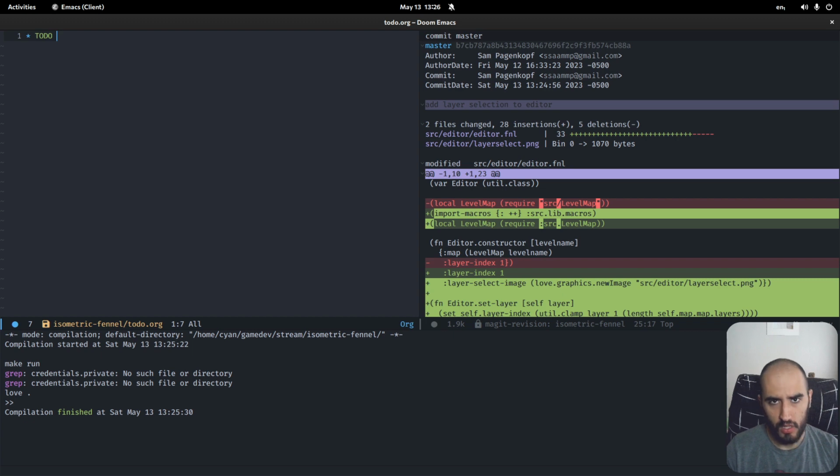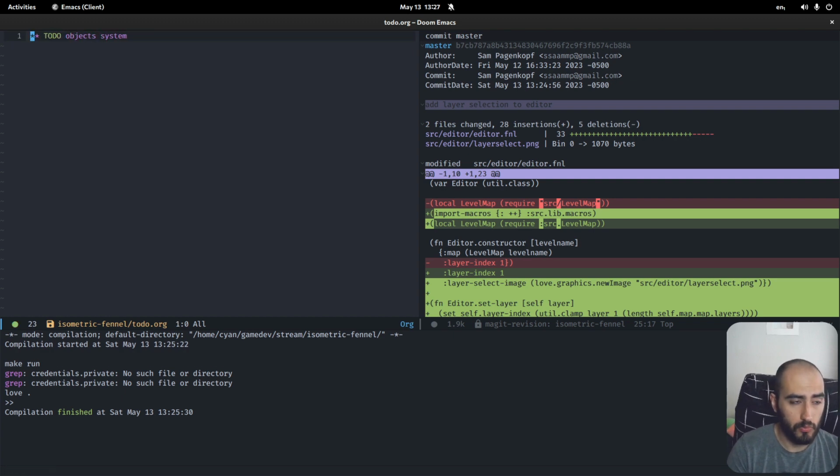We've got to add objects system. Yeah. So the object system, you can describe this here. I'm going to go 2 levels of depth here. To-do list. I don't know. What would I call this? I don't even know. I just feel like I need to go 2 levels of depth. Well, I can always do that later, to be honest. So the object system is going to be